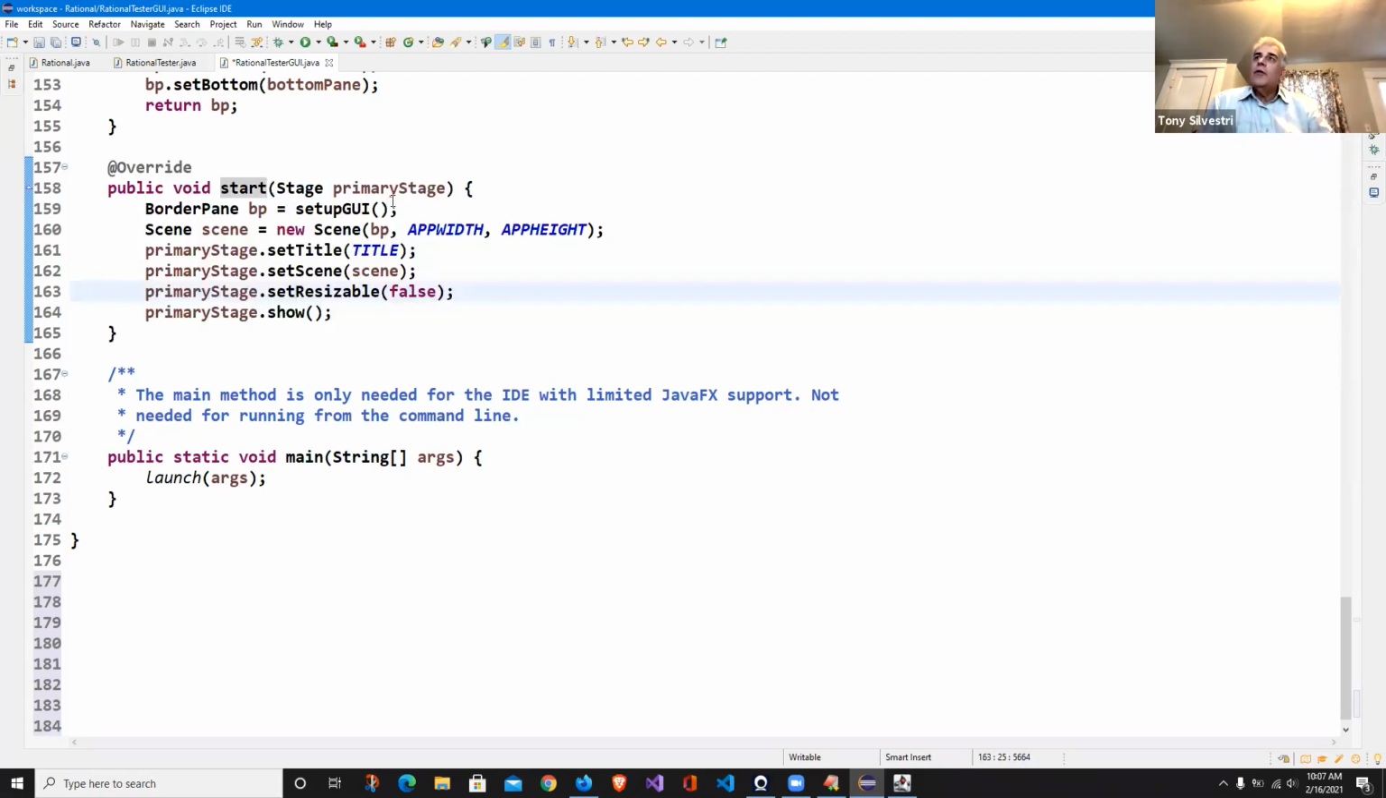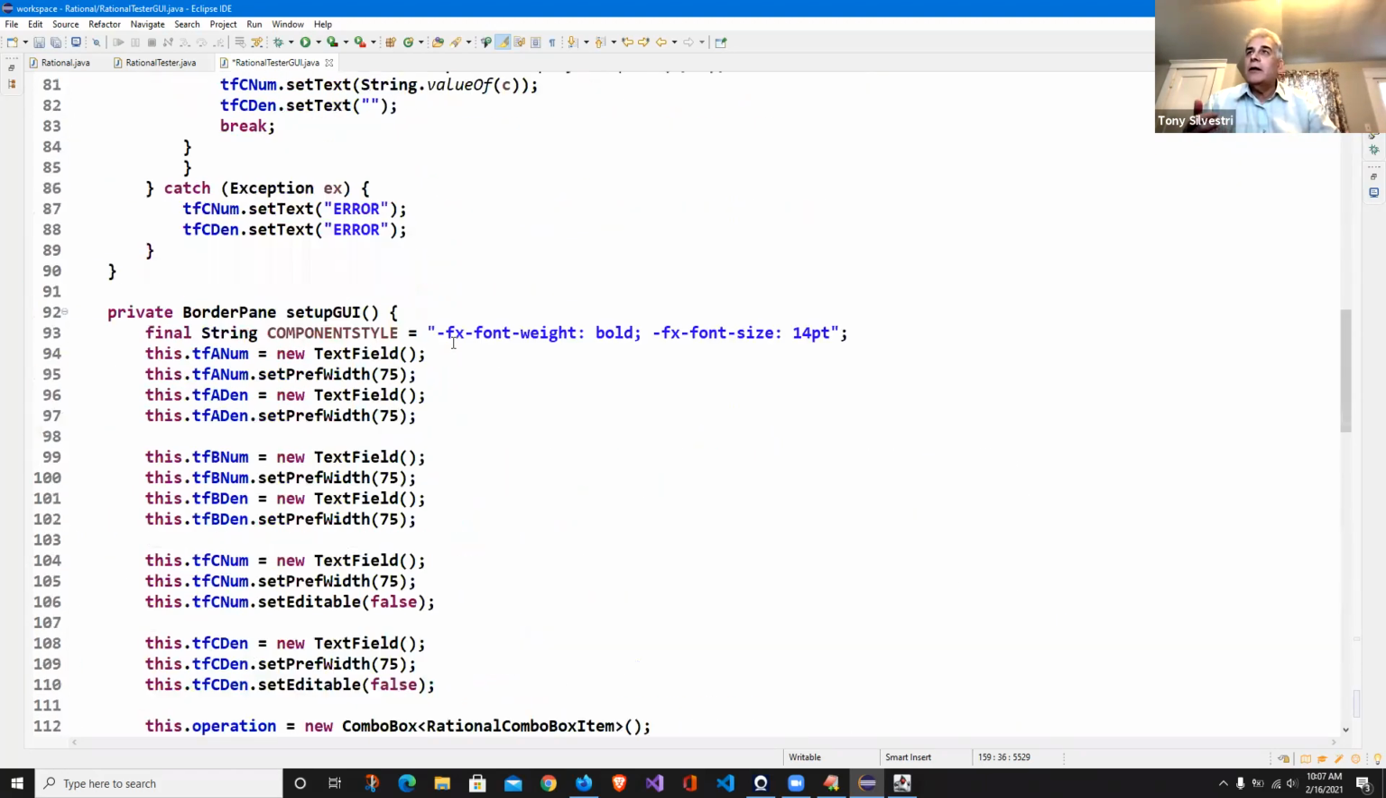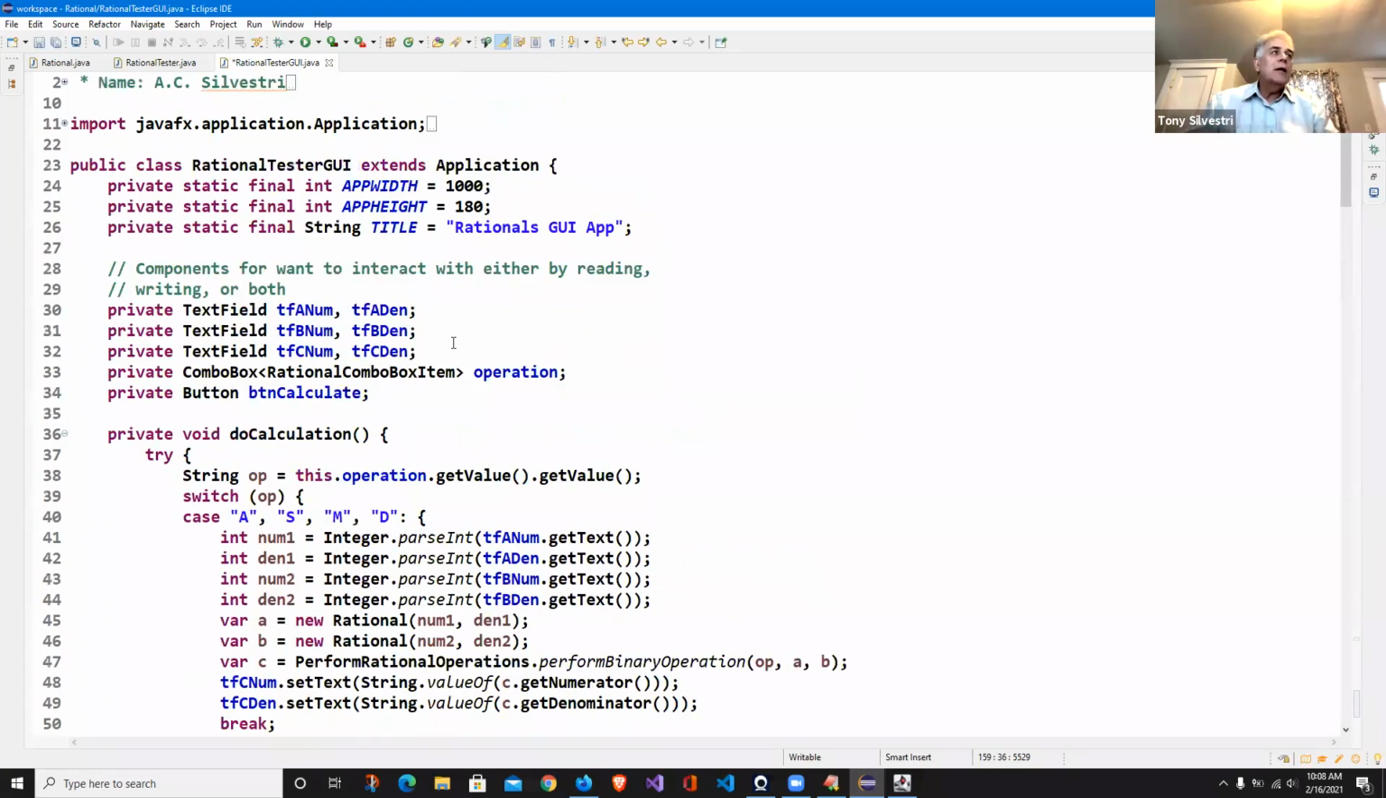And so the first thing I do here is set up your GUI. This is setupGUI. Don't worry about it. We're going to talk about it. Basically, the purpose of setupGUI is to lay out your components. It's responsible for creating the text boxes. The problem is, look at how long this is. It's pretty long because